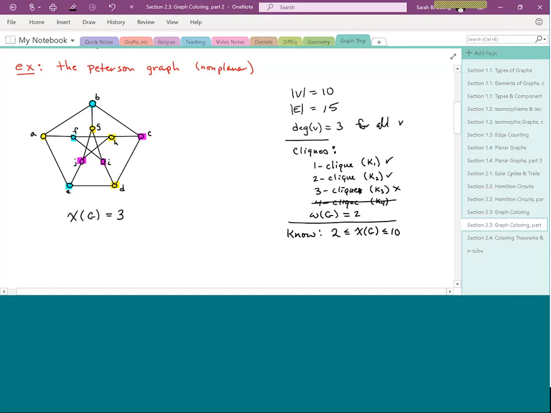Now, here's the question for you. If you had this graph, could you color it with 4 colors? What do you guys think? It'd actually be way easier to color it with 4 colors because you wouldn't have to worry about things as much. Could you color this graph with 7 colors? Yeah. You could actually color it all the way up to 10 colors if you want. If you wanted to use 11 colors, that would be difficult because at least one of those colors wouldn't be used. But as one of you said, while you can do that, that's not the chromatic number, because the chromatic number is literally telling you this is the fewest number of colors that you could possibly use